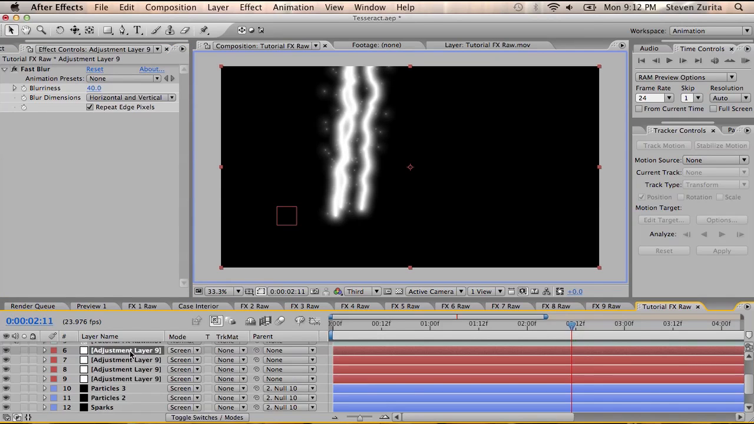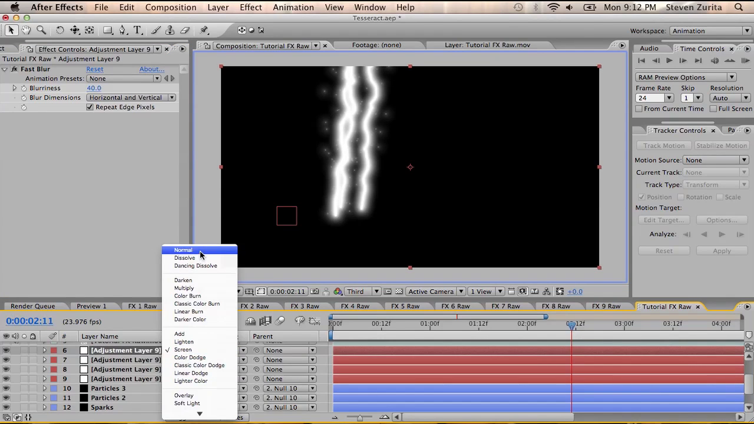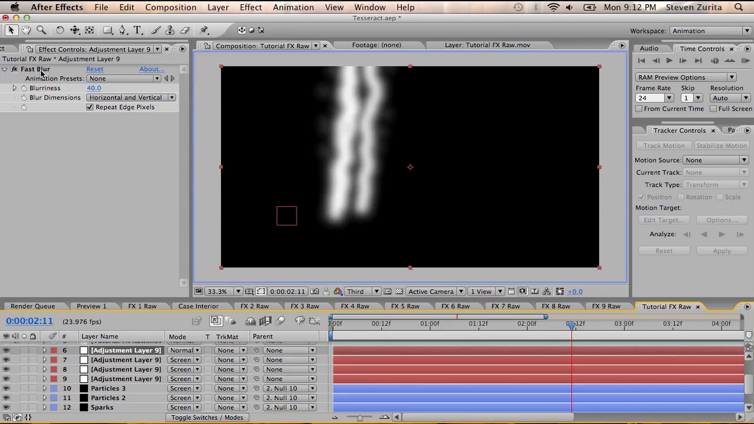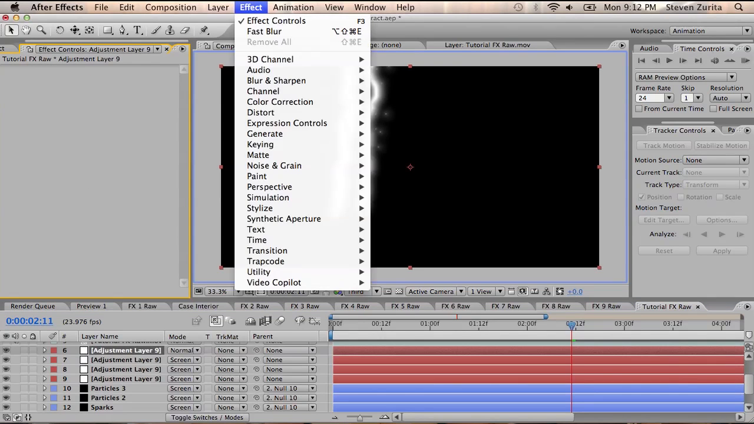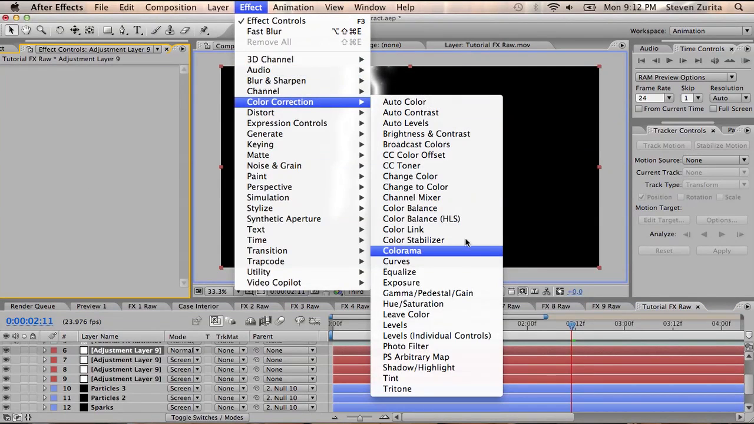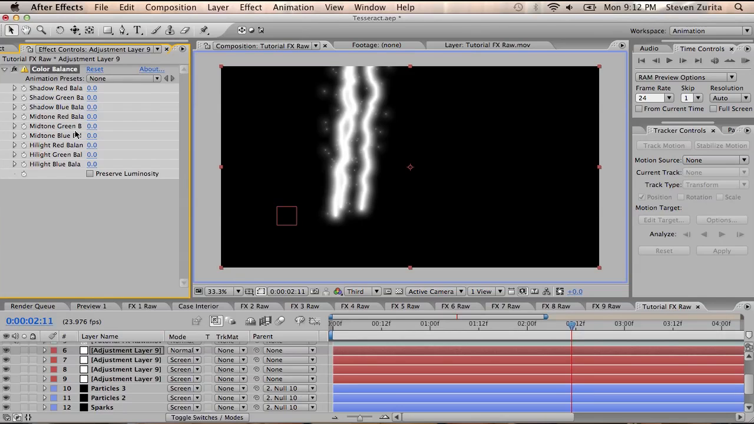Then I'm going to do another adjustment layer, and I'm going to set this one to normal. And I'm going to get rid of the fast blur. This is where we're going to get our color. We're going to go to Color Correction, Color Balance. And again, this is straight from an old tutorial on the Force.net. We're going to just set it to 100 on midtone blue, 75 on highlight blue, and 50 on highlight green,